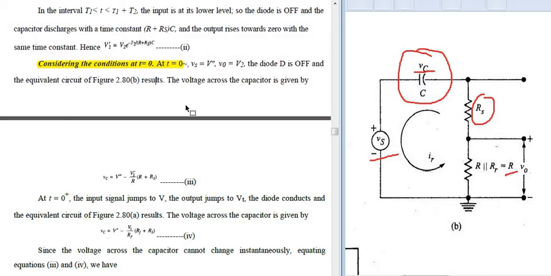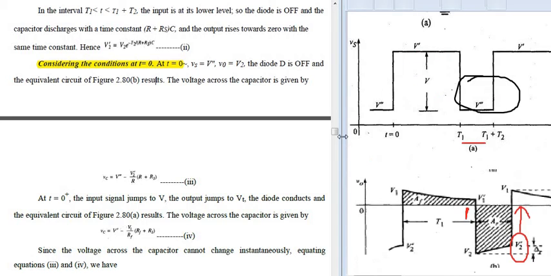Now I am considering the second condition at t is equal to plus 0, at the positive part of the signal. If the signal is jumping to V volts, see here the positive part. Now your signal is jumping to V volts, then the output voltage will be equal to Vt, and the diode will be conducting in this particular part. Now what happens? What is the condition we are now taking? T is equal to plus 0 means your time period has moved on and your output voltage has jumped to V, capital V.